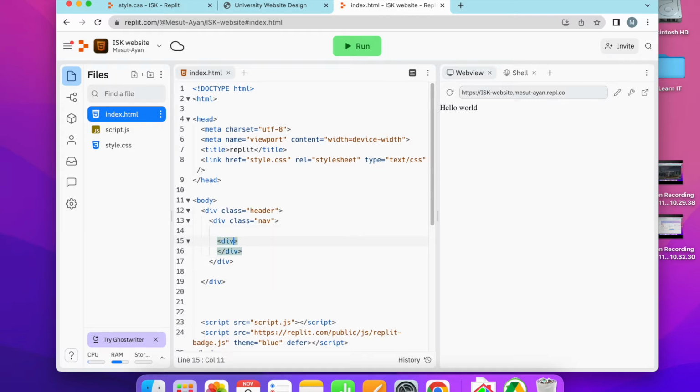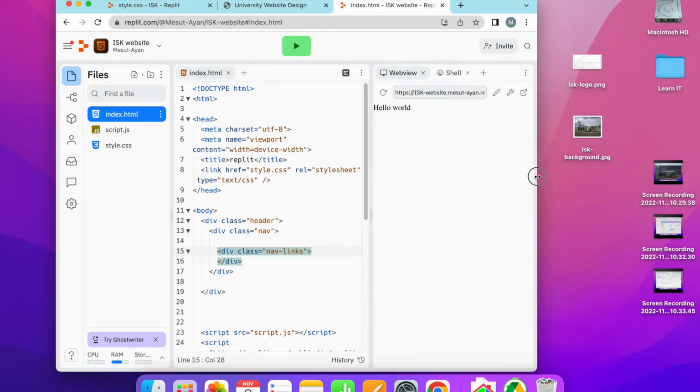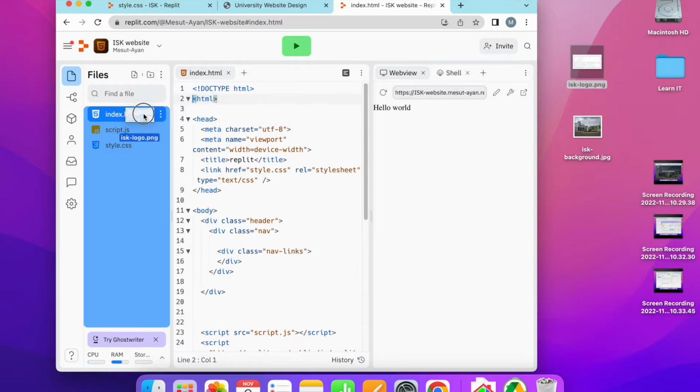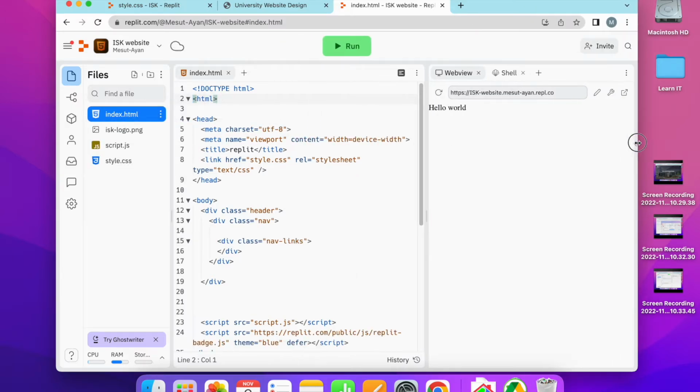And also in the navigation I am going to have navigation links. Class name will be nav links. Before the navigation links, let's add the company logo. First I am going to move the company logo to the website folder. After that, ISK logo.png, I am going to add it using img and its name ISK logo,